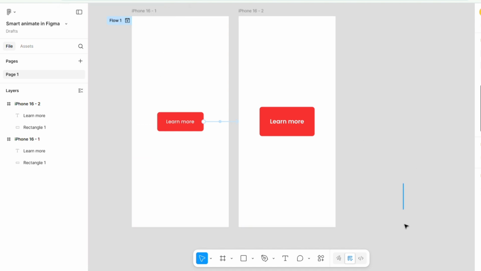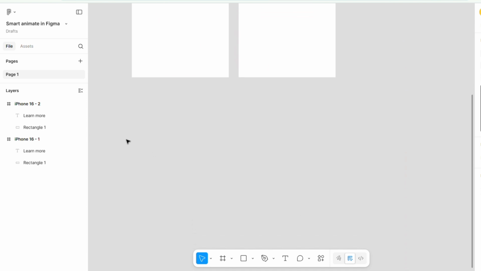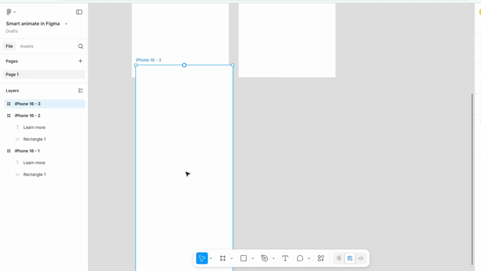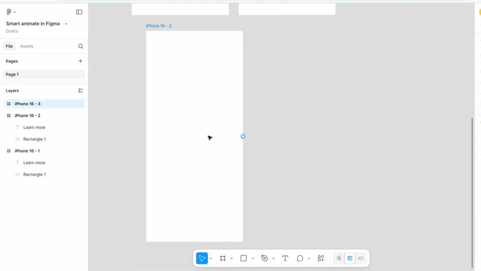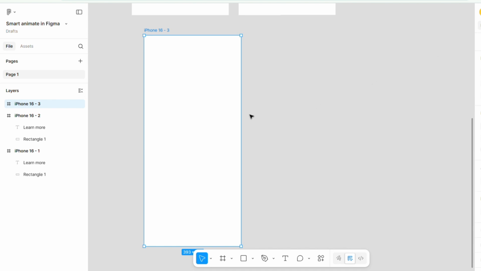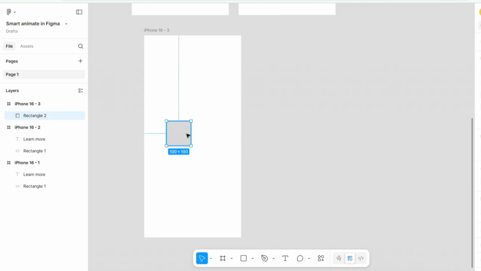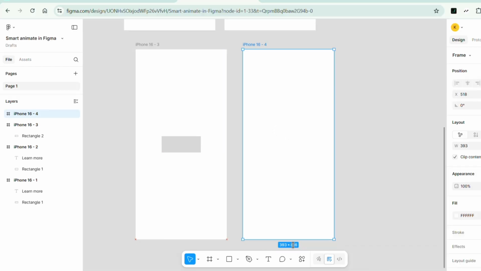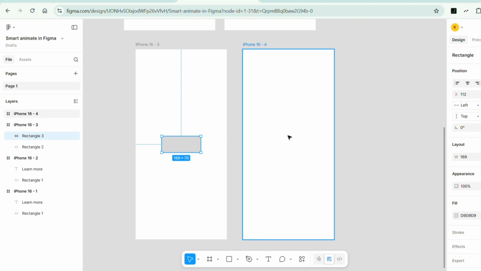Now most important thing in this is if you make a different frame. For example, let me show you what you can do wrong in this, which I did previously. If you make a frame like this, add a rectangle for your button. I'll keep it simple because this is what you can do wrong. And if you make another frame for the animation and then duplicate this one and then scale it,